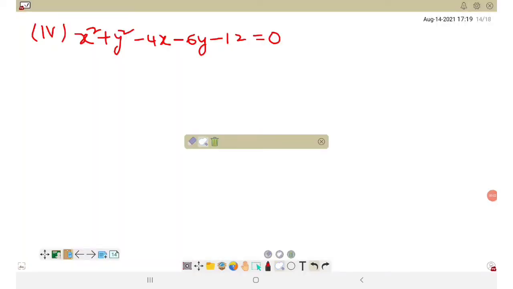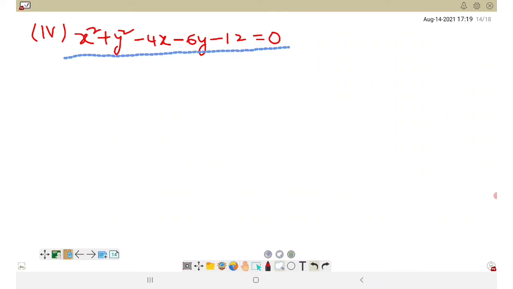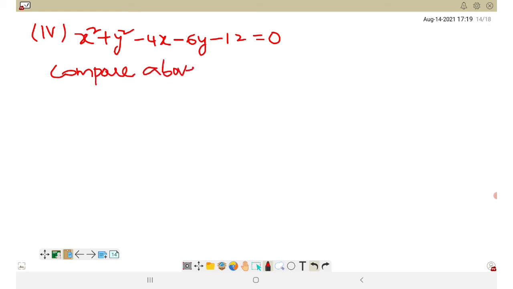Next, the fourth one: x square plus y square minus 4x minus 6y minus 12 is equal to 0. Now compare the above equation with